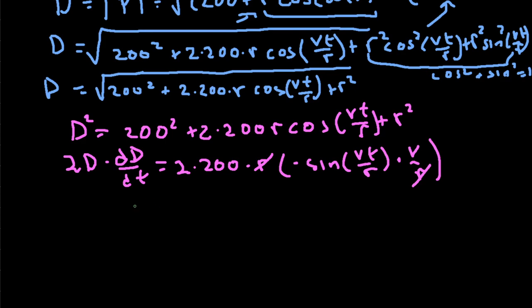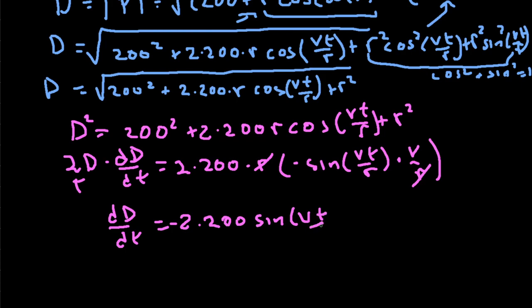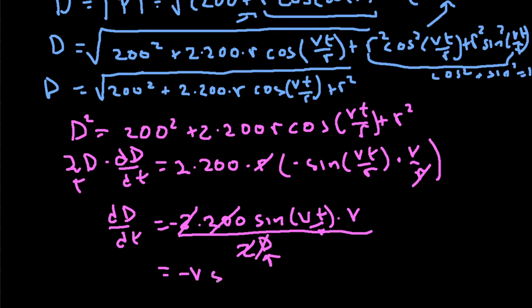I'm going to divide both sides by 2d. So dd/dt is equal to 2 times 200, and I'm going to put the negative out here, sine vt over r times v, divided by 2d. d is 200, so this is going to cancel with this here. The 2's are going to cancel. So this is the same thing as negative v sine